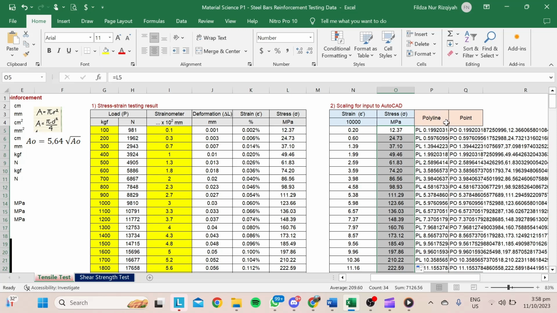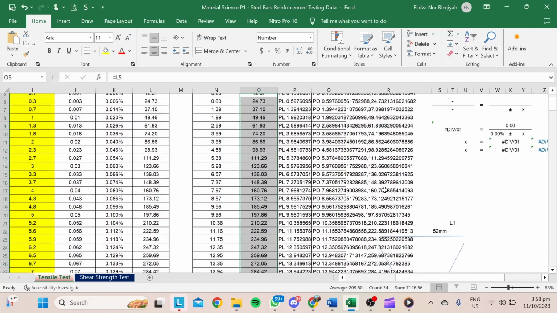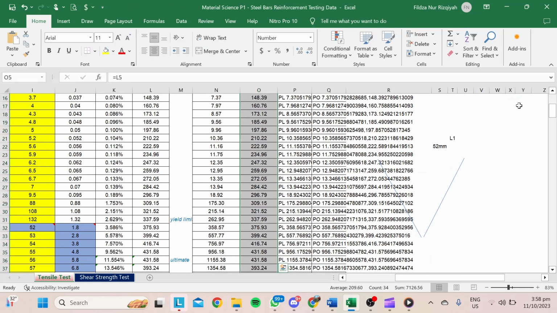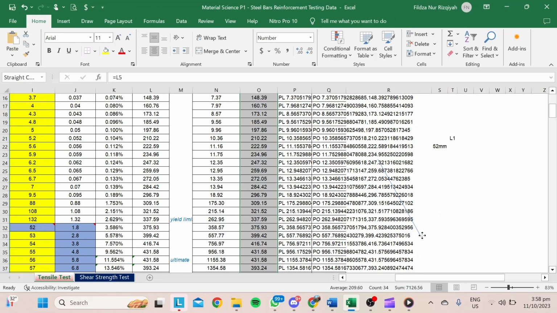And from here you have got the codes of polyline endpoints, which this polyline endpoint data will be input to the AutoCAD application. Before we go straight to the AutoCAD application, make sure that you already have the application installed on your